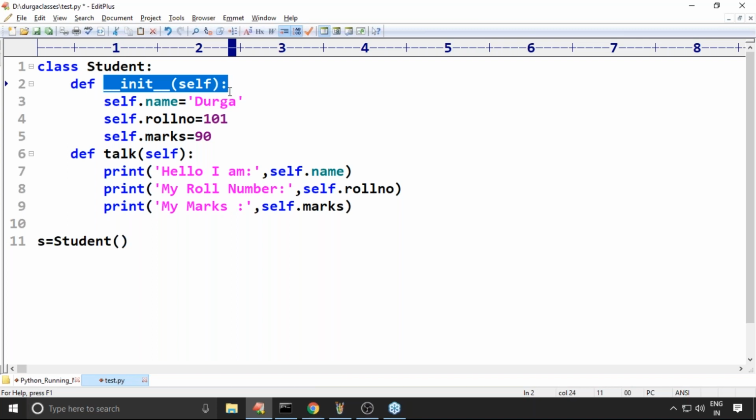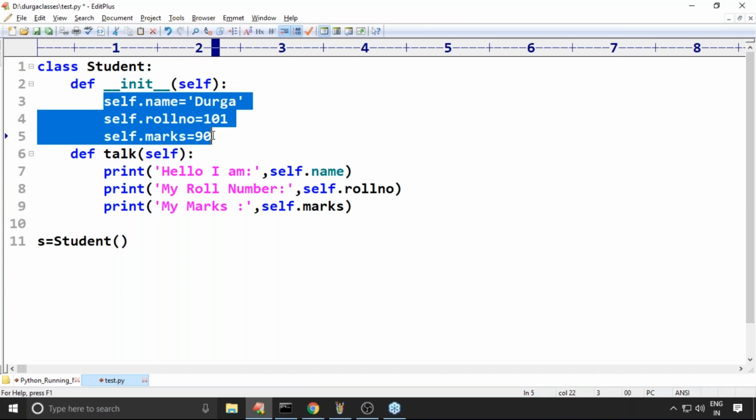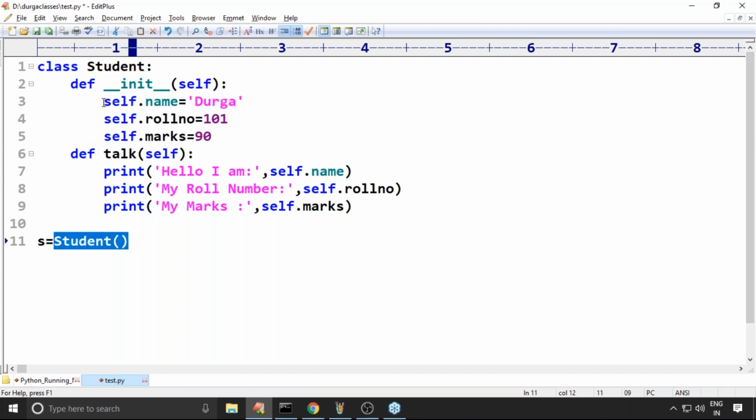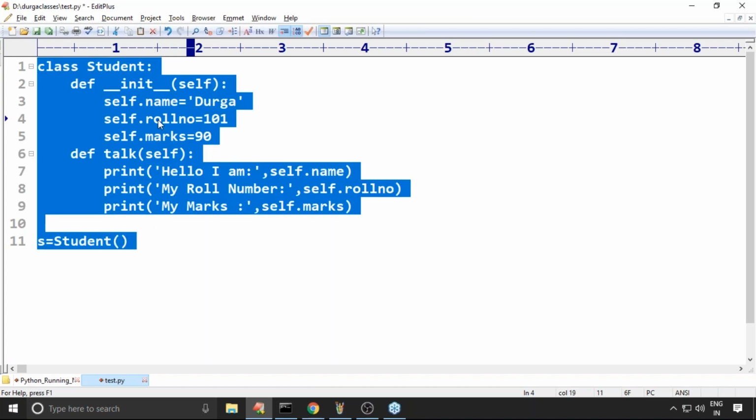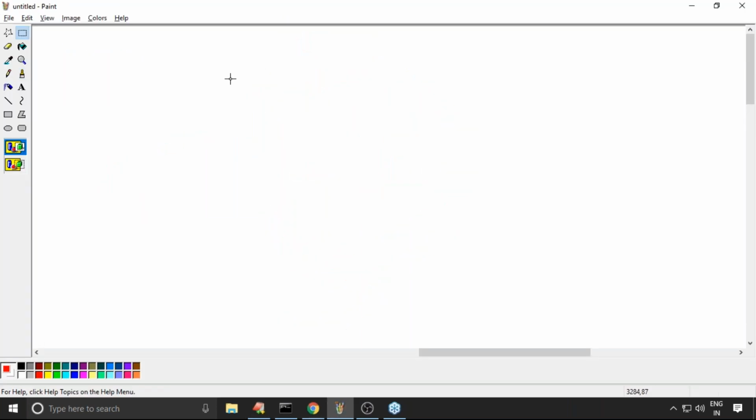Remember that. Because this code is going to execute, an object will be created, and these variables will be allocated for that object. Remember, sir. Here, one minute, friends. Observe carefully.